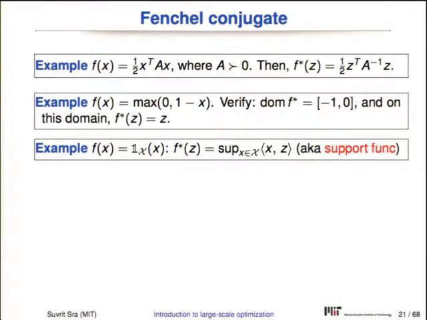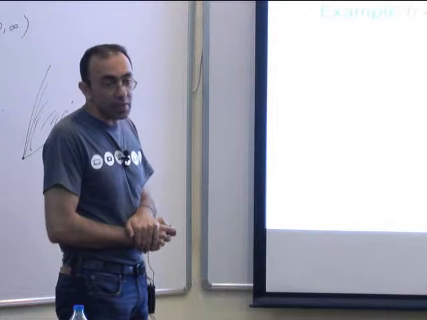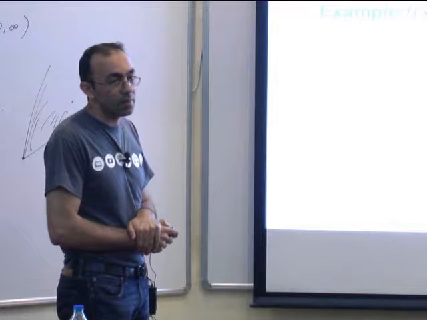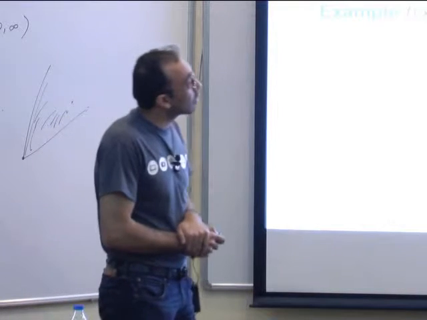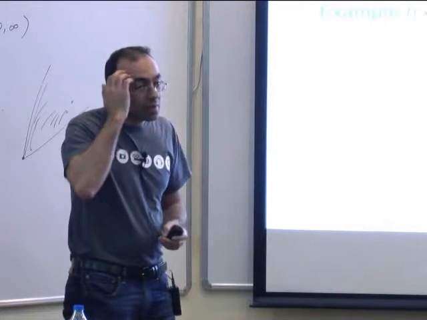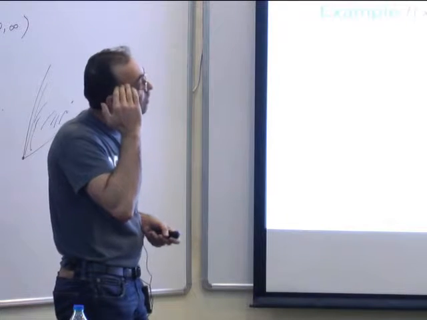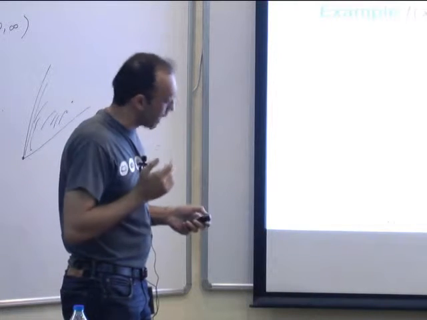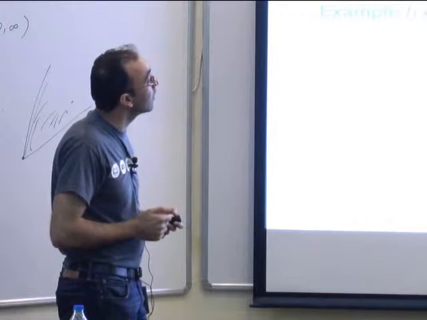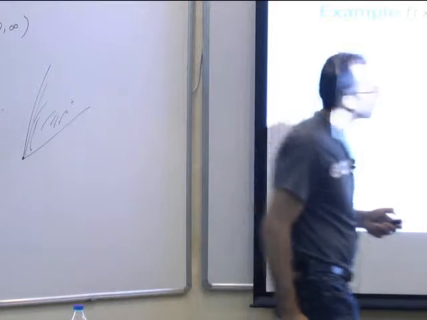Couple more interesting Fenchel conjugates. If you have a quadratic function, x transpose Ax, where A is a positive definite matrix, then its conjugate is just given by z transpose A inverse z. And that's an exercise worth solving. This is the hinge loss kind of thing that you see in SVMs. For that we have a very nice